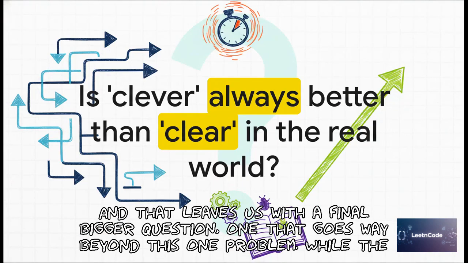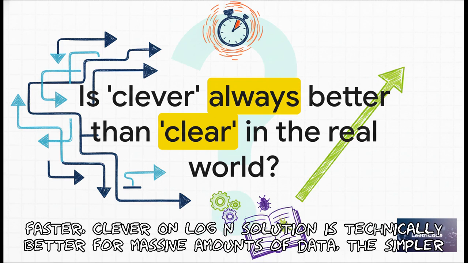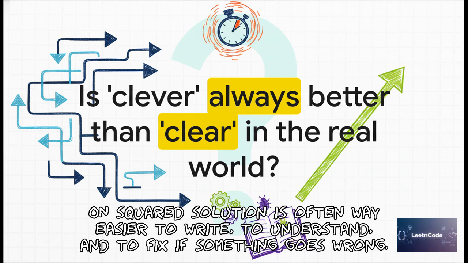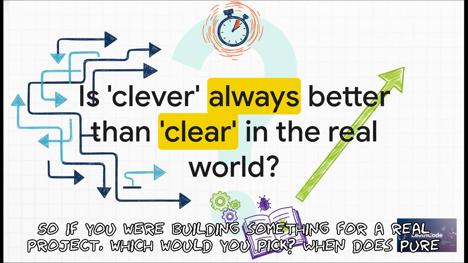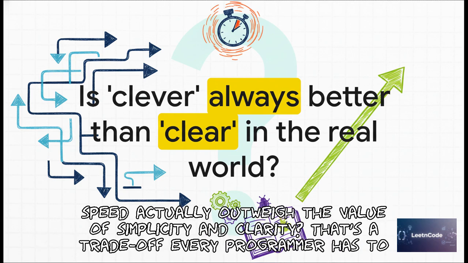And that leaves us with a final, bigger question, one that goes way beyond this one problem. While the faster, clever O(n log n) solution is technically better for massive amounts of data, the simpler O(n²) solution is often way easier to write, to understand, and to fix if something goes wrong. So if you were building something for a real project, which would you pick? When does pure speed actually outweigh the value of simplicity and clarity? That's a trade-off